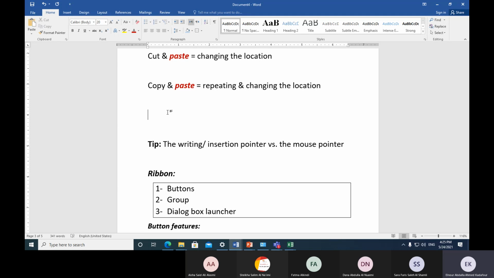Pasting can be done, note or hint or tip as you like. Before we give the tip: the cut or copy content. Why is it called content? Because it could be a picture, a table, or a shape. As we mentioned last time, the content can be text or an object, regardless of the type of object. So the cut or copy content remains